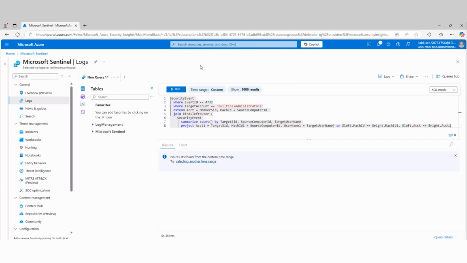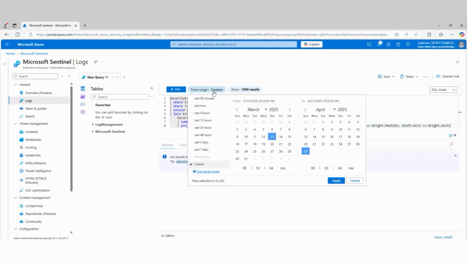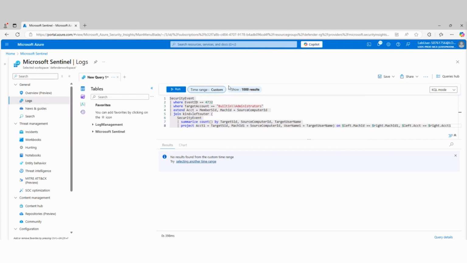And again, to understand how KQL works, watch our KQL module and the videos related to that, and we definitely break it down for you. So here's our final query. And again, if there's any data, it will show that. This is still relatively new, but it will show something eventually if you let it sit long enough. But for all of these queries, you can create analytics rules.